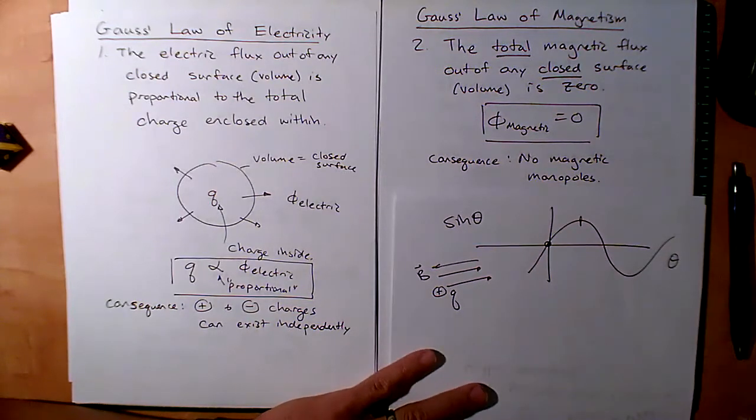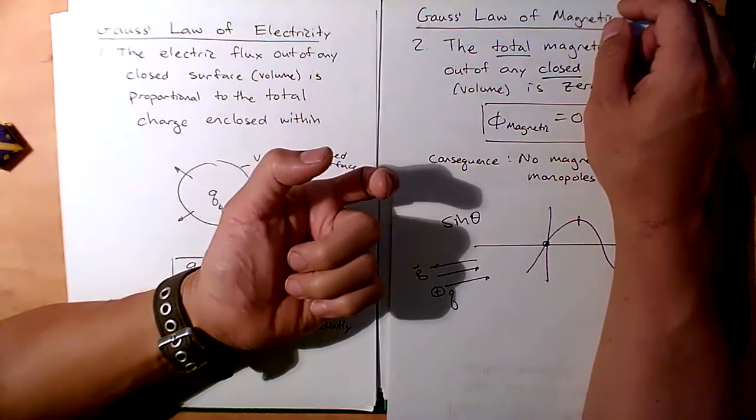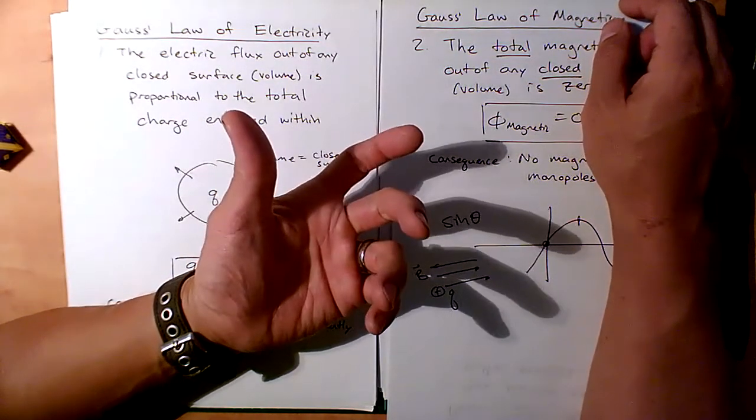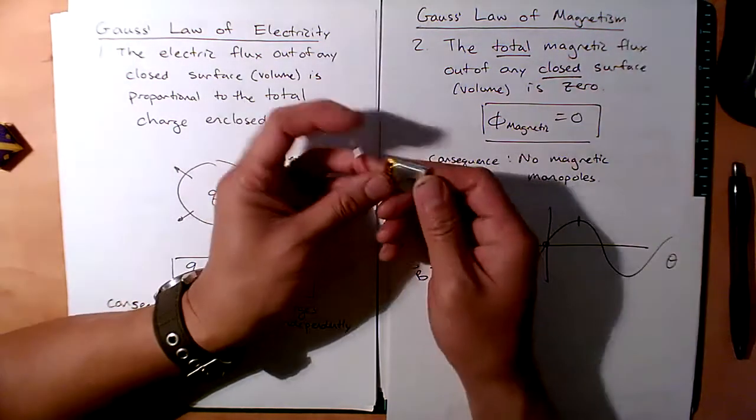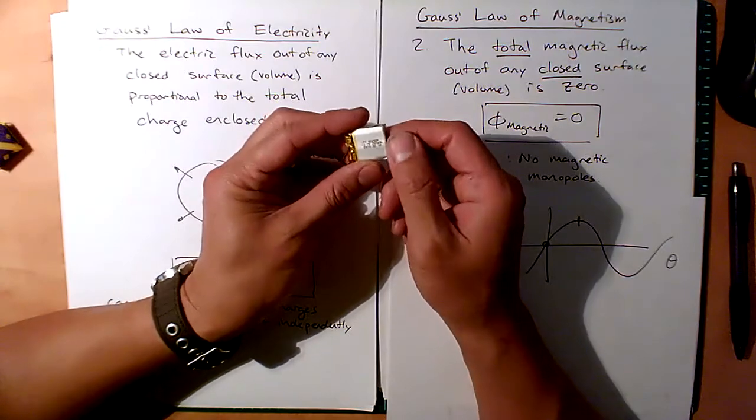Let's try to visualize what's going on. Let's say we had a magnet, all right? I don't have a magnet handy, but let's say I just had a magnet. I don't know, we'll call this a magnet. You have a north and south pole, right? Okay. If I had a magnet,